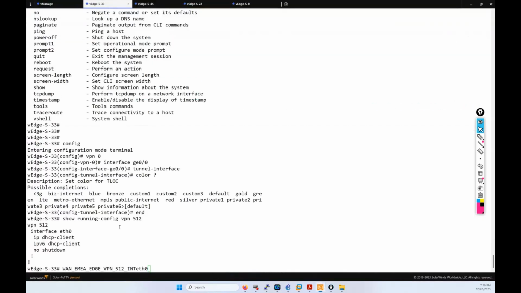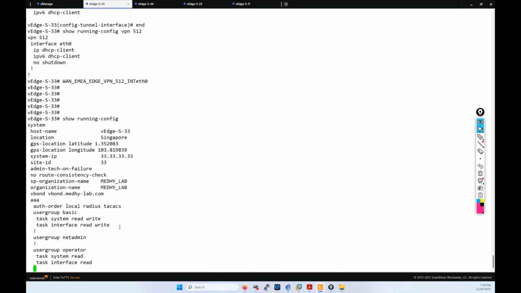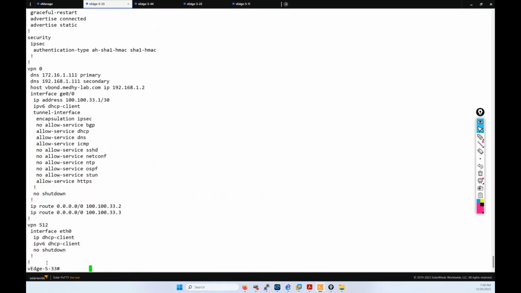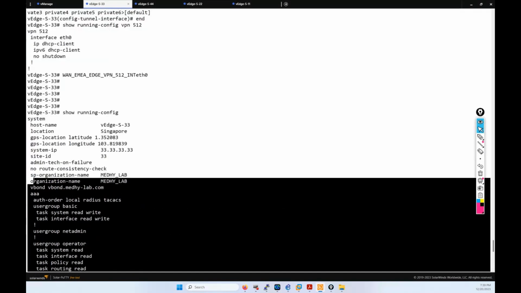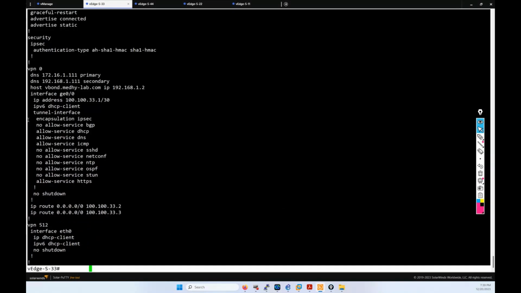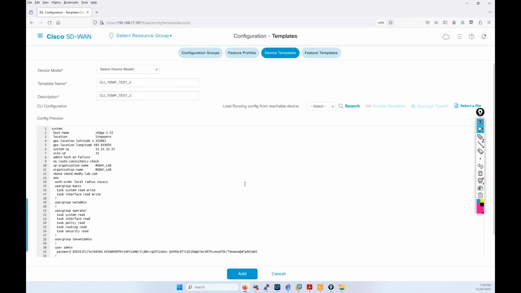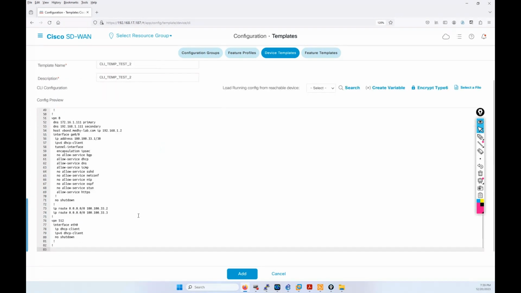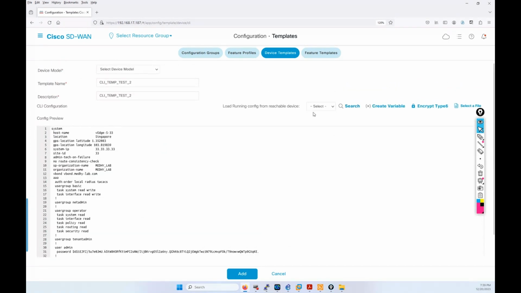You can either grab the running config on a device that you're going to add, that you want to create a CLI template for. You can grab the running config and go back to vManage and apply it. So that's the first option. The second option, you can ask vManage to pull that running config. So you can go here,